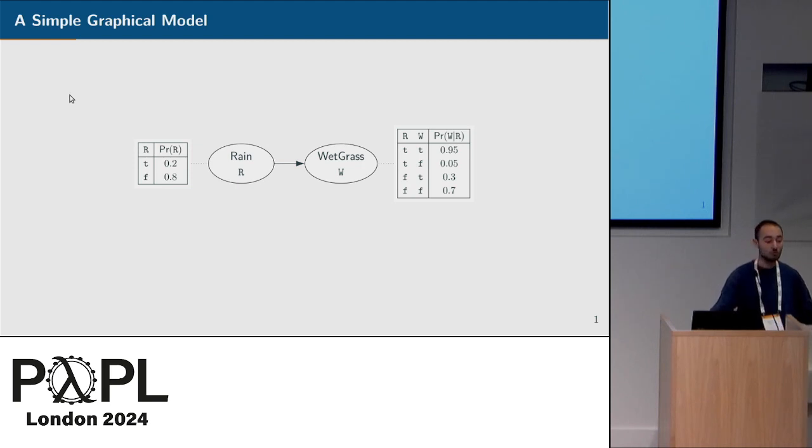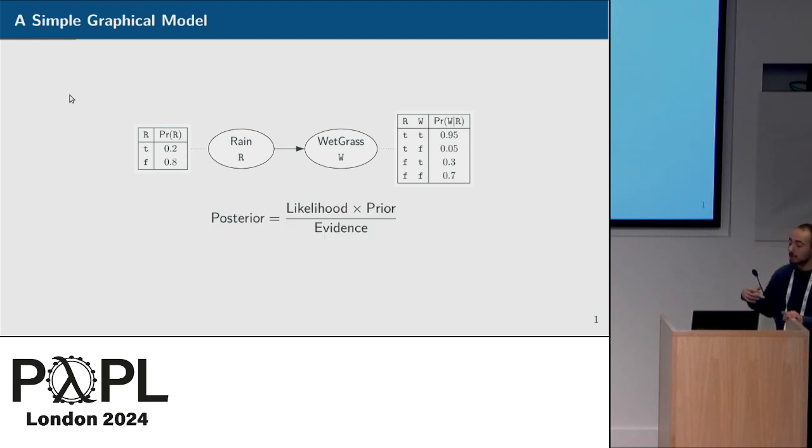And Bayesian networks describe our knowledge of a portion of the world, let's say. And what we would like to do using Bayesian networks is Bayesian inference. And so everyone knows that Bayesian inference computes the posterior distribution, so the knowledge that we have once we have some evidence, once we have observed some facts about the world. And the posterior is proportional to the likelihood multiplied by the prior, and it is normalized by the probability of